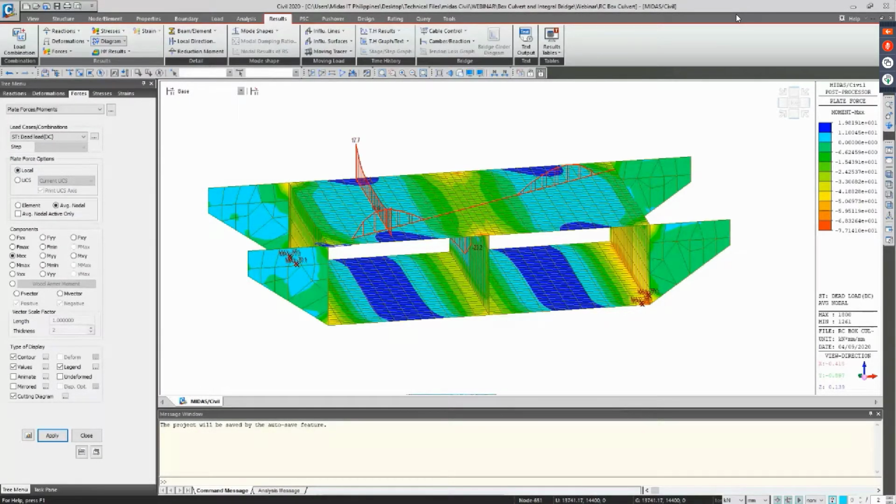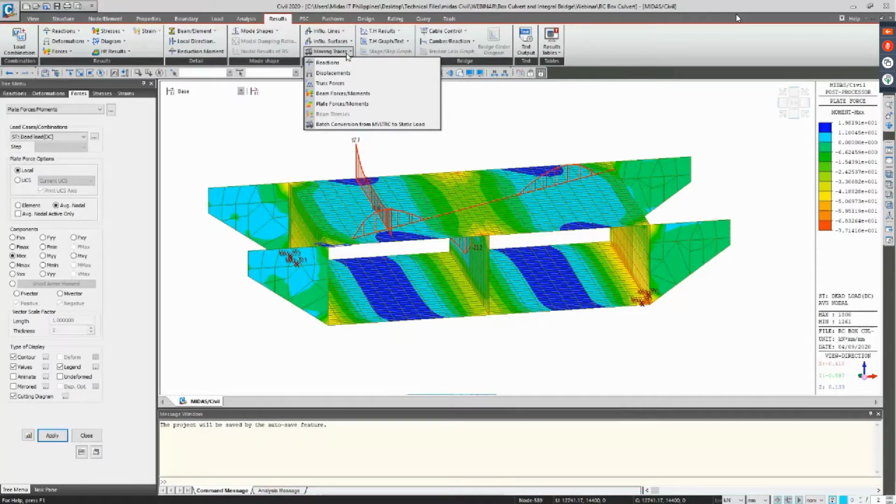And then let us now move on to the moving tracer. The moving tracer option is more on the moving load analysis. It will trace and display the vehicle loading condition that will yield the maximum and minimum effect of these components that you need based on a certain location. So if you click on moving tracer,